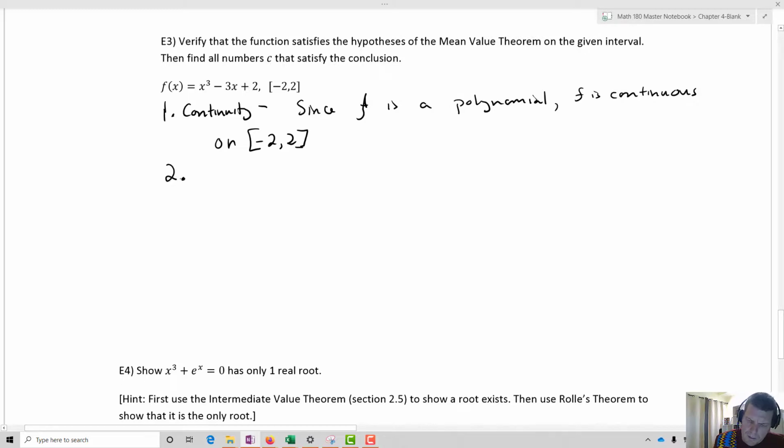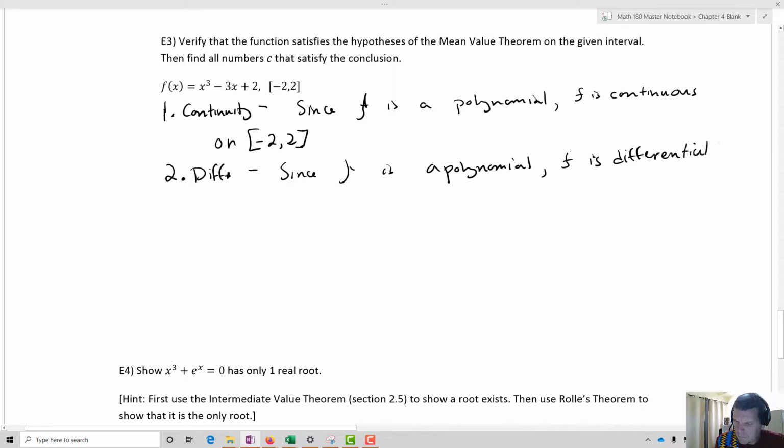And then two, we have differentiability. I'm just going to call that diff. Since f, again, is a polynomial, f is differentiable on -2 to 2, because it's actually differentiable everywhere. And this is, in fact, our open interval this time, not a closed one, open interval -2 to 2. So, by the mean value theorem, and you've got to write this too, by the way, by the mean value theorem,